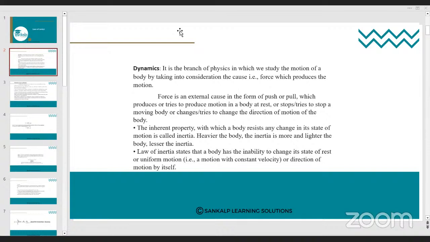An object remains at rest or in motion until and unless an external force is applied on it, in a straight line. Yes, correct. So Newton's first law states that unless and until any external force acts on the body, it will continue its state. It will continue its state means what? If it is at rest, it will continue in the rest position. If it is in motion, the body will continue to move. Now, the second law.